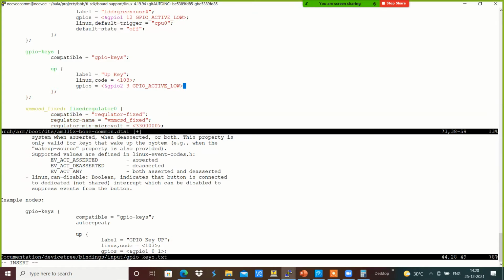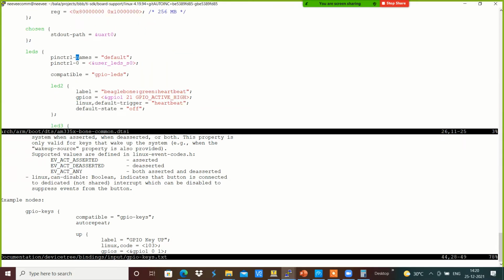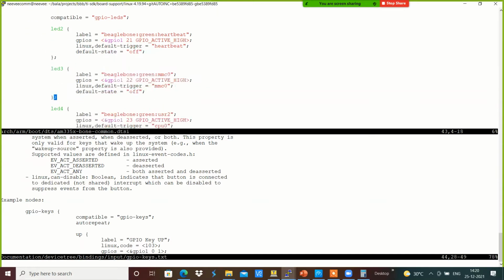Since by default it will be in the high state, here we will be getting the GPIO as low, that we will be providing. And we wanted to add the pin controls over here.